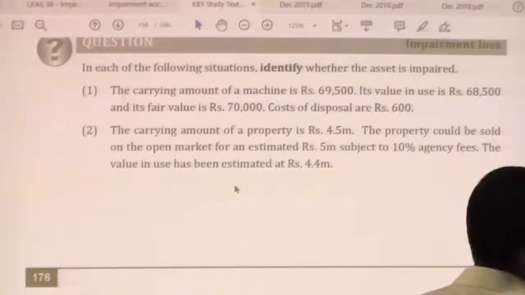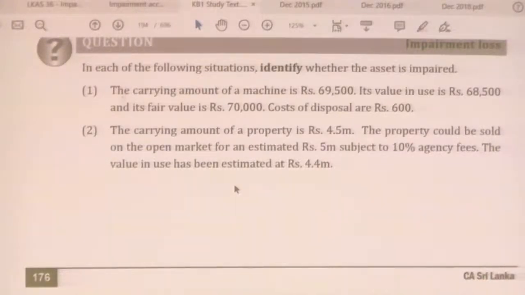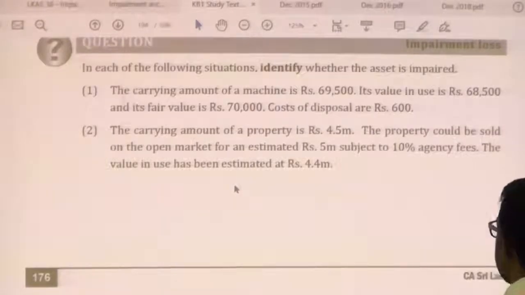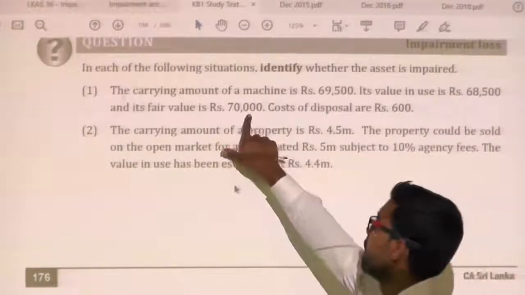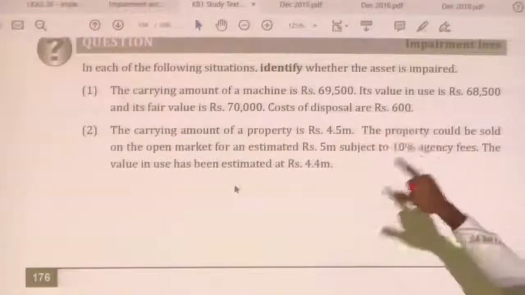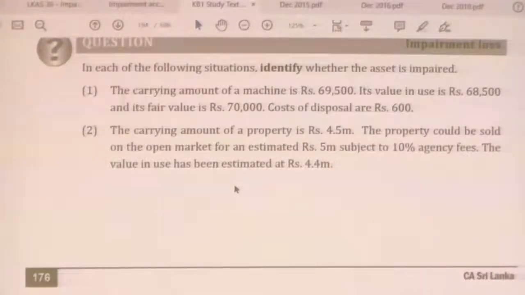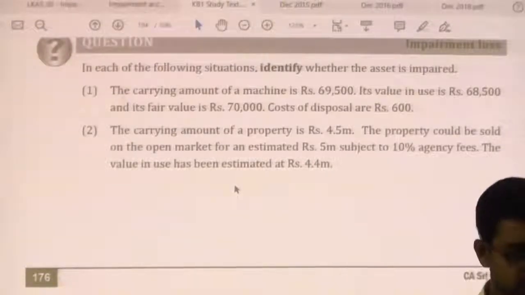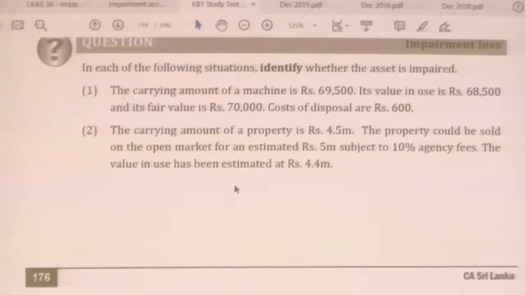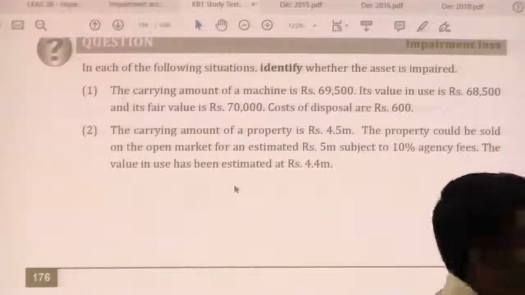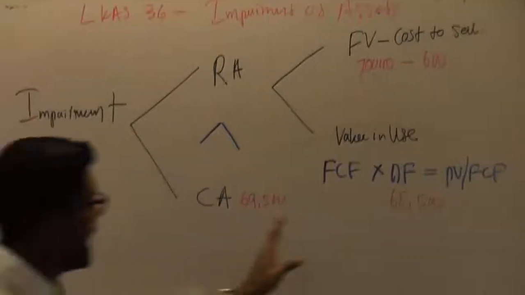Cost of disposal, cost to sell: rupees 600. When you sell this asset in the market, you can realize 70,000, but to sell at 70,000, it will incur 600 rupees. Now we have to see whether there is impairment or not. Look at this board. Now, if you read the numbers again, value in use is